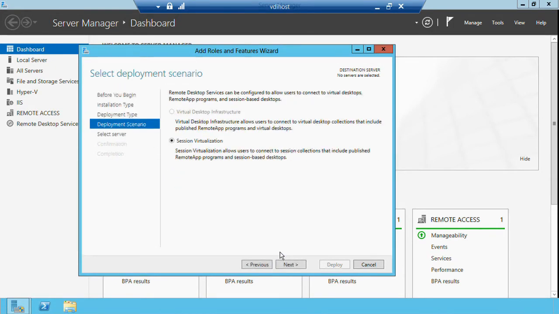Here you will notice there are two deployment types, a session virtualization and a VM-based deployment. So Carrie talked about the differences between the two. In Windows Server 2012, selecting between the two is just a matter of selecting a radio button. So Windows Server 2012 treats both deployment types, both session and VMs, as two different deployment types as opposed to two different technologies.